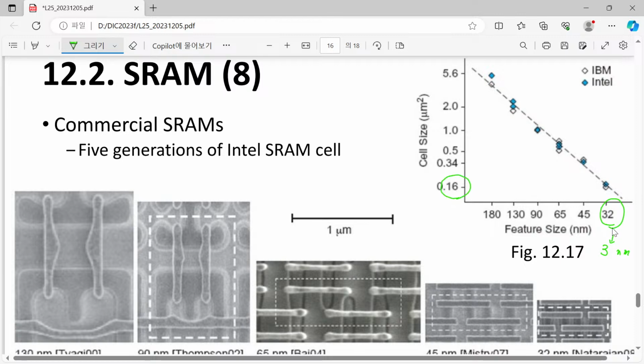If it is really true, then we have more than 10 times reduction of feature size. So then it will give us almost 100 times reduction. So if we just believe it, then we will say that the cell size would be